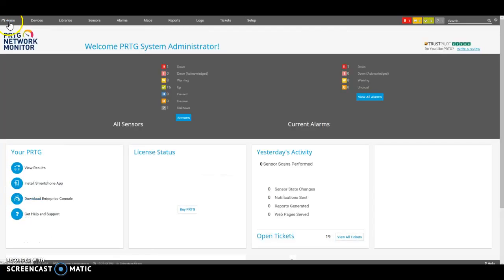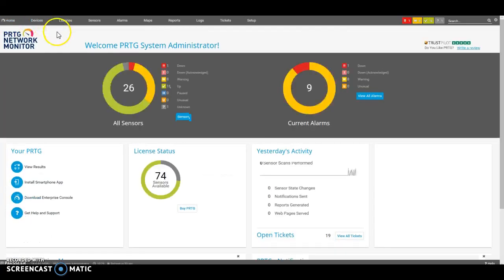Overall, I think that PRTG is an excellent tool for network security, and I do highly recommend it. I also would say that if I were in or working in network security, that I would be using PRTG, as it is excellent at monitoring all different devices, including